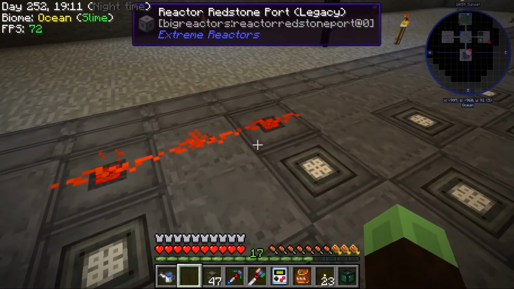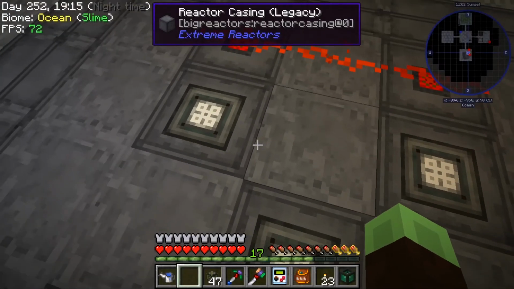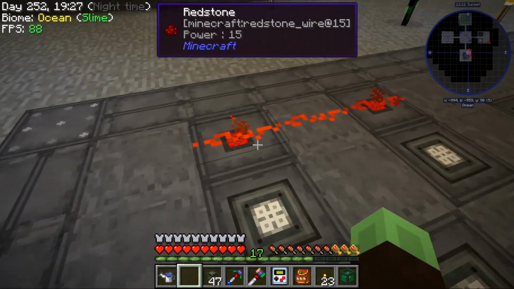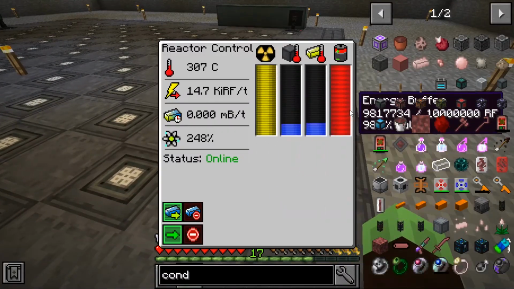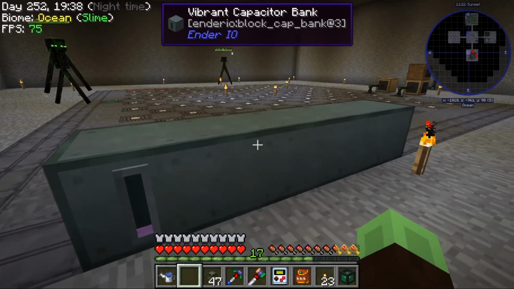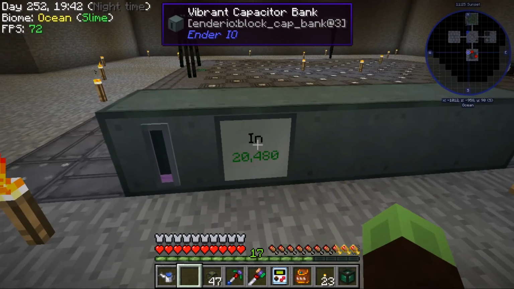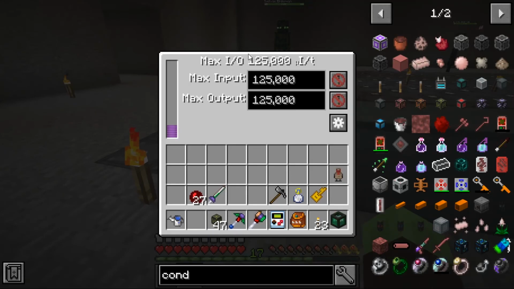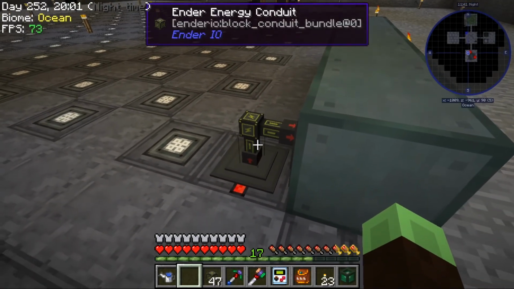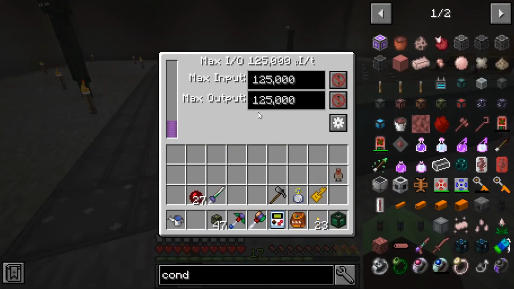Okay, so I didn't think about this before, but this is going to need to be set to like 80%, so that it's not just constantly on, off, on, off, on, off. Because if it's just constantly on and off perpetually, we're gonna have, okay, so the max input, I think, yeah, is actually set to max right now. So we're getting the max that these cables can send every tick, so we might need to